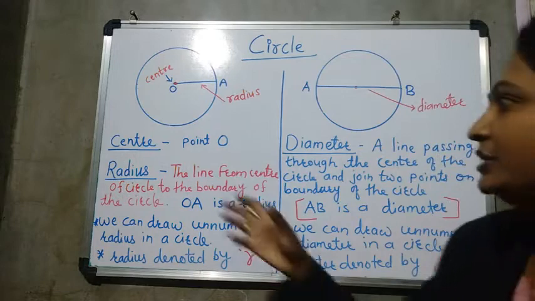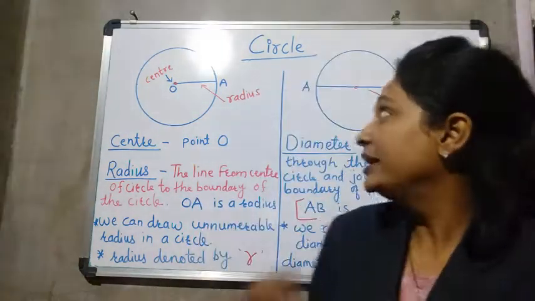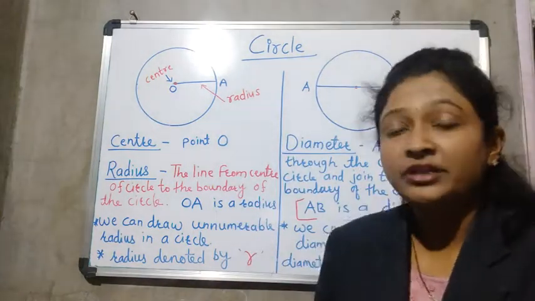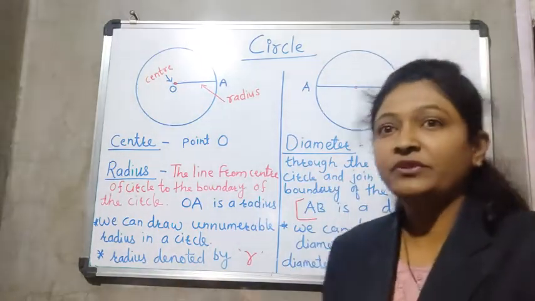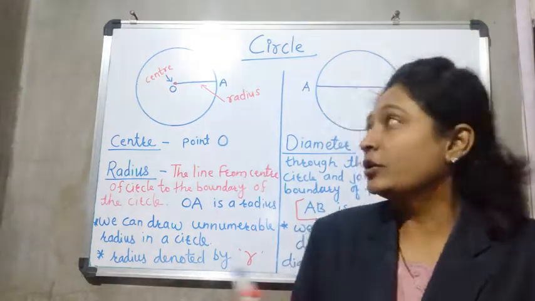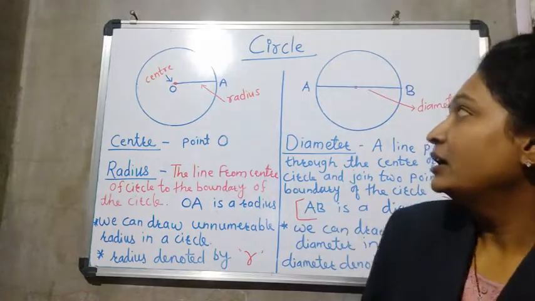Today we will start the circle topic. In that we will first see radius and diameter. A circle has many parts, like radius, diameter, and chord, but now we will see only radius and diameter. Afterward we will see the relation between radius and diameter, how to find the radius, or how to find the diameter. So first, let's start.